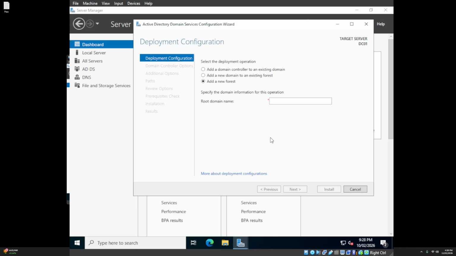So for example, if you own a website, for example, if you own google.com, you would enter google.com here, and that's the way you can create your own root domain name. But since I don't own any website, I'm just going to go ahead with some name, which is going to be